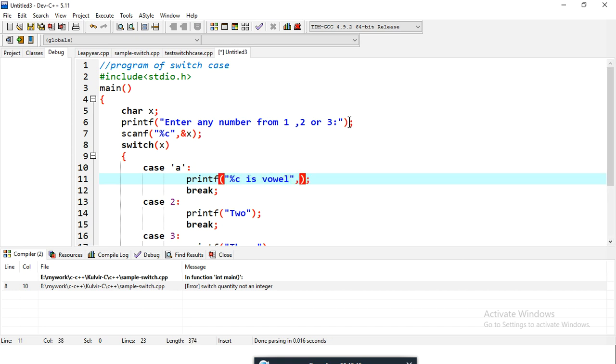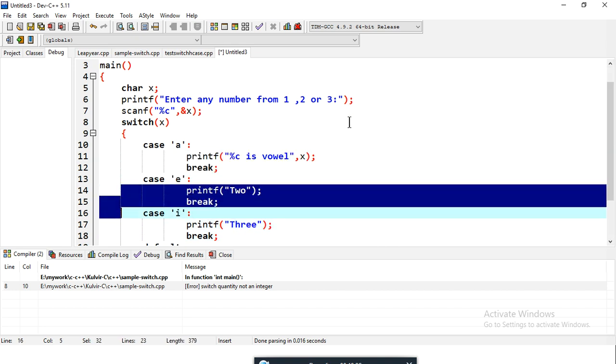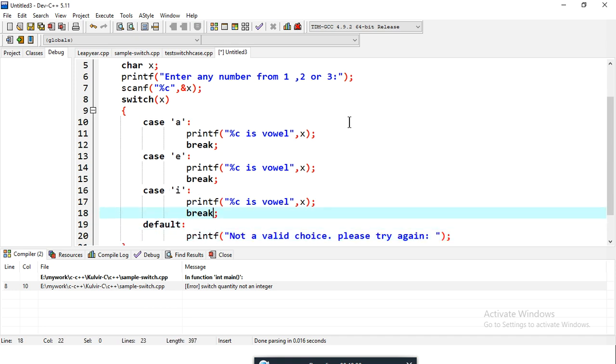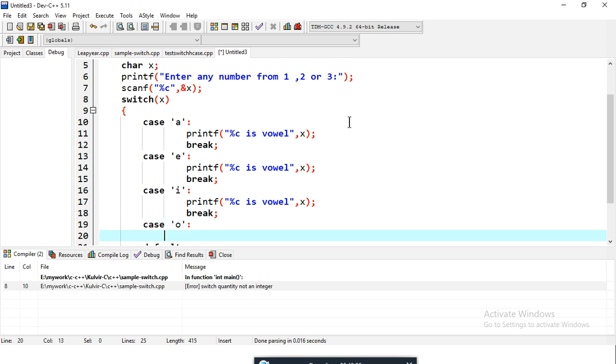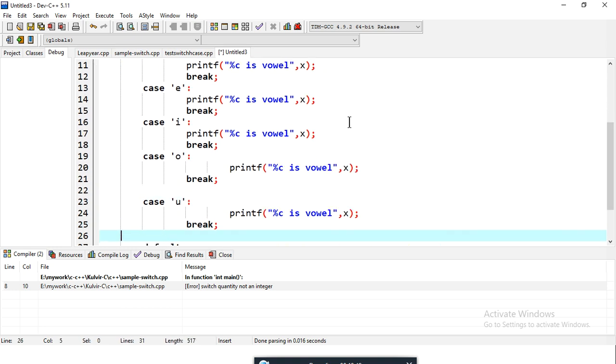So I'll say x, then I'll match with E, then I'll match with I. Okay, and I'll repeat this message, and then comes case O, and then comes case U,